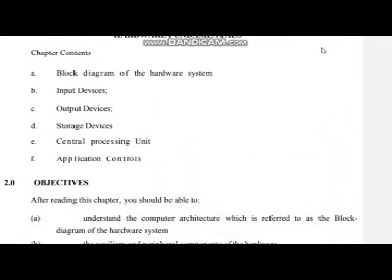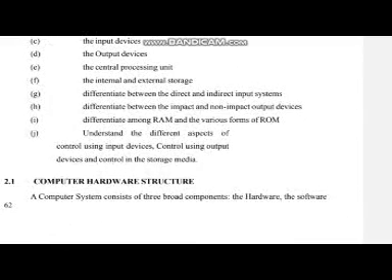So, hello guys. Today we are in chapter 2, and chapter 2 has to do with everything relating to computer hardware. Under this chapter, we'll be covering the block diagram of the hardware system, the input device, the output device, the storage devices, the central processing unit, and the application controls. So let's quickly dive into the